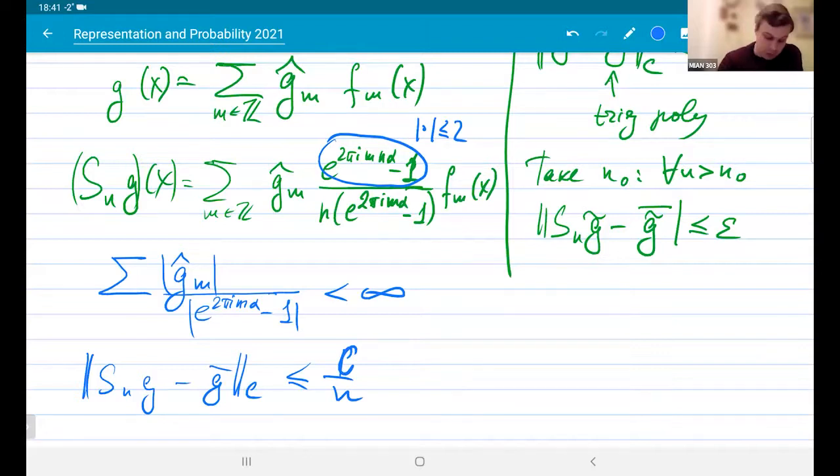Let's look a bit more carefully at this condition. Well, what can be said about the Fourier coefficients of a function? Of course, if the function is just continuous, not too much. You know that they go to 0, but nothing more, and this is obviously not enough. But suppose that your function is sufficiently smooth. Then what can be said about the Fourier coefficients of a smooth function?